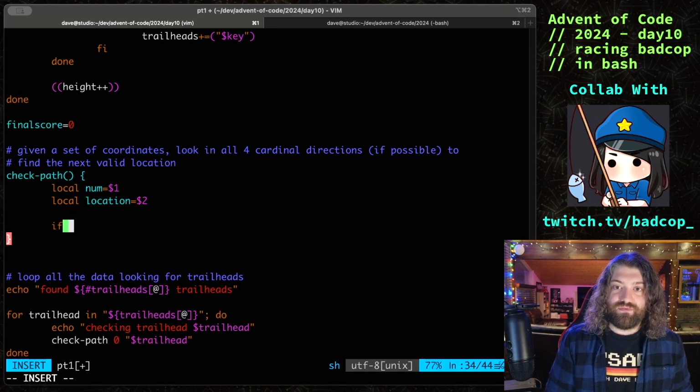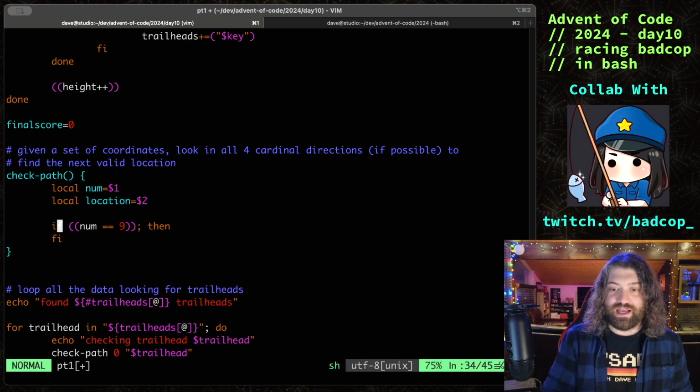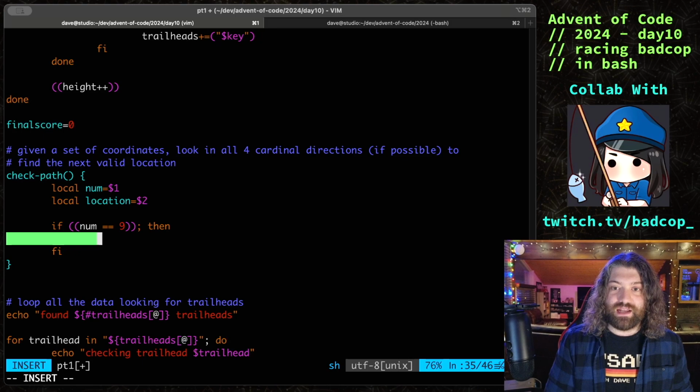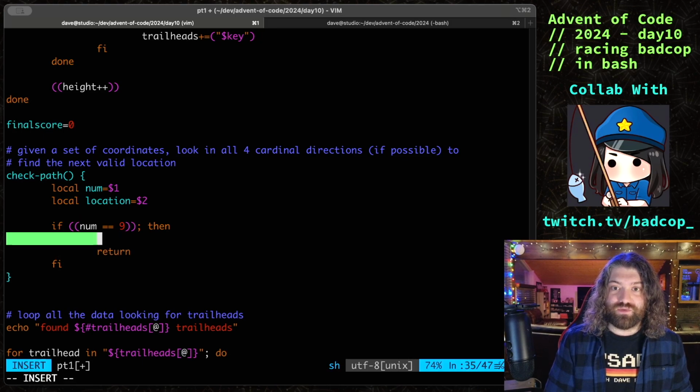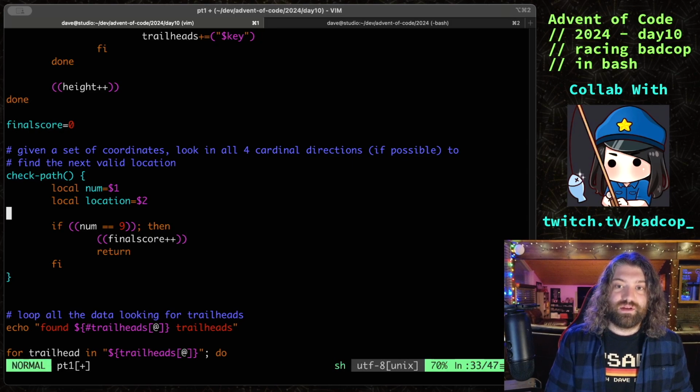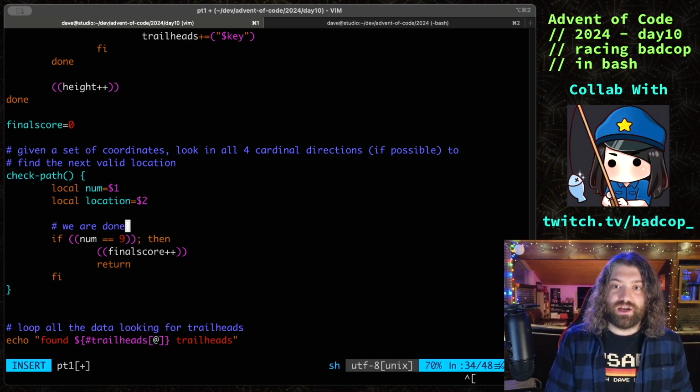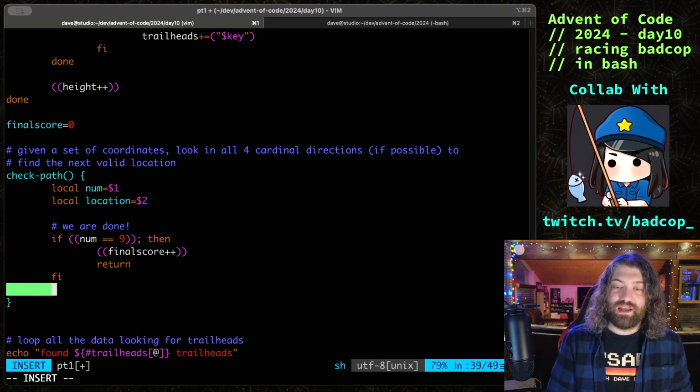If number equals 9, then we know that we've made it to the end. I'm kind of jumping the gun here because it's a recursive function, so we're writing this early, even though this would be the last thing that would happen. If number is equal to 9, then we are done. So we can just return after we increment the final score. So we are done. But if number is not equal to 9, then we have to